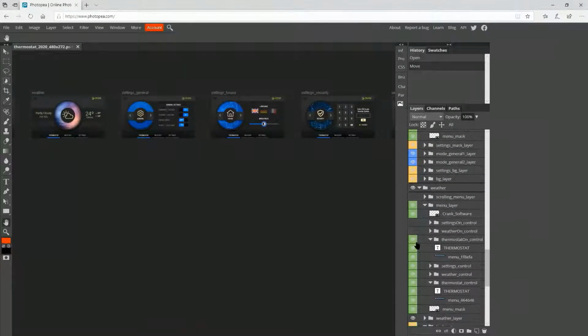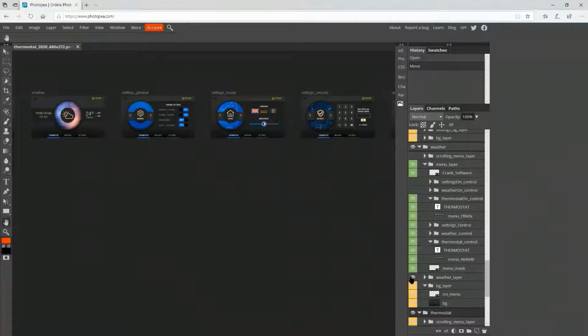Number of layers that are stacked on top of each other. So if I, for example, hide the menu layer and the background layer, you can see how things are stacked up. That just leaves the middle layer. This is a very common way of doing things. It's how graphics designers go about designing UIs with tools such as